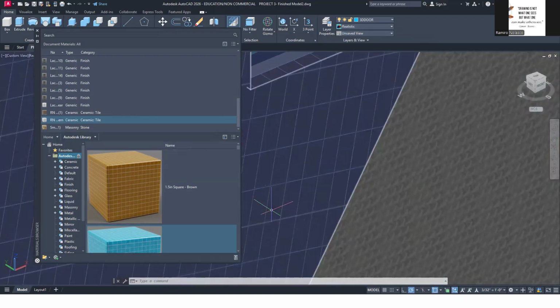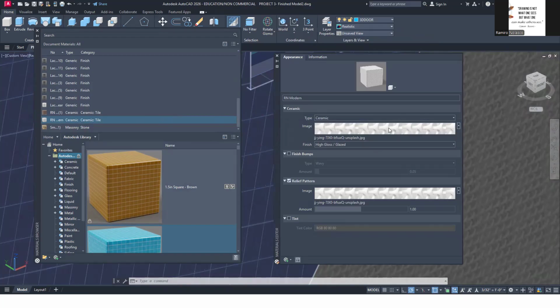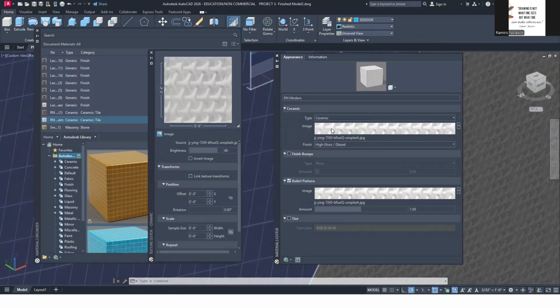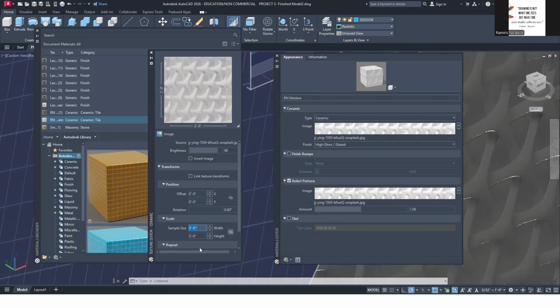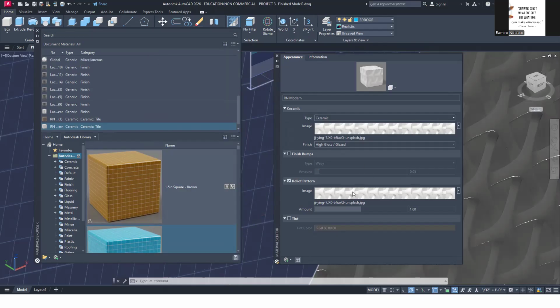I can change the scale. So edit this. I can change the scale by clicking on the image itself. Change the scale from 6 inches to maybe make it 3 feet. Enter 3 feet by 3 feet. But don't forget, if you do that to the main image material, you also need to do it for your